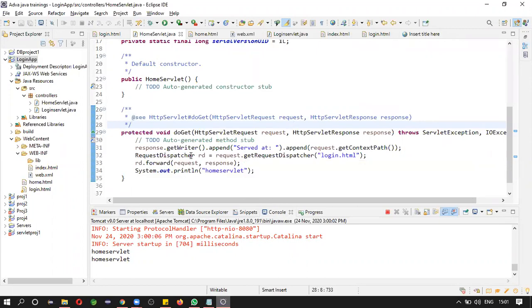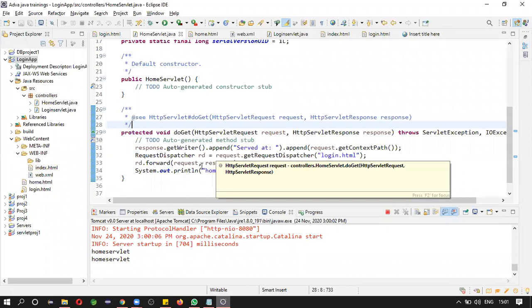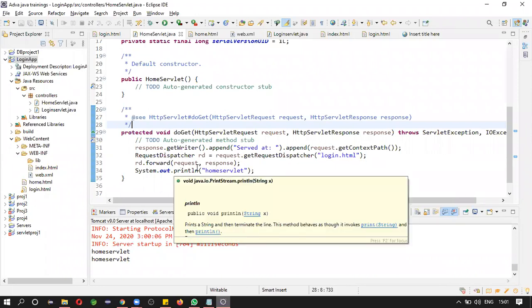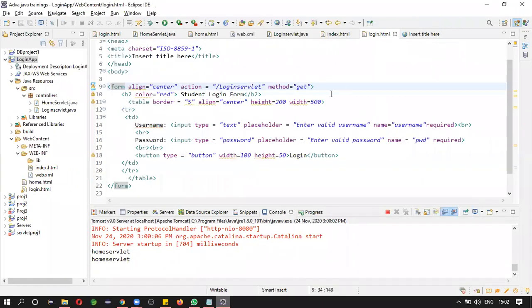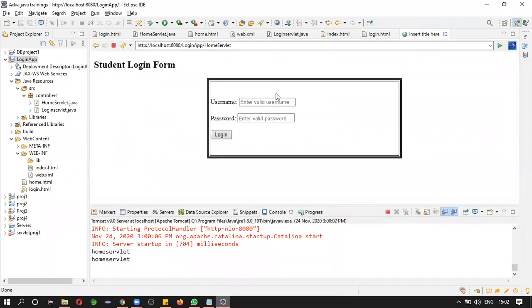It is creating a dispatcher object, so it is dispatching this current request to login.html. Control will be transferred to login.html. This is what we are seeing now, right? So click on login. Nothing happened.